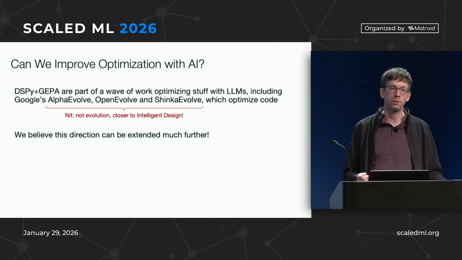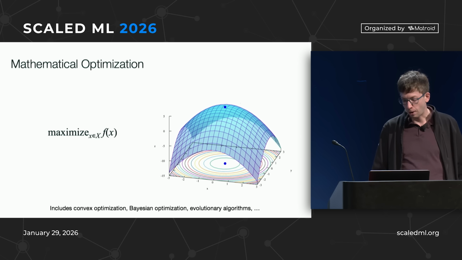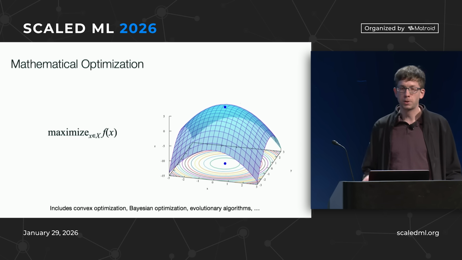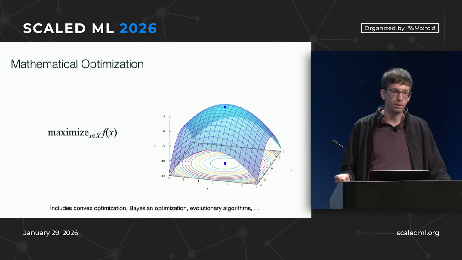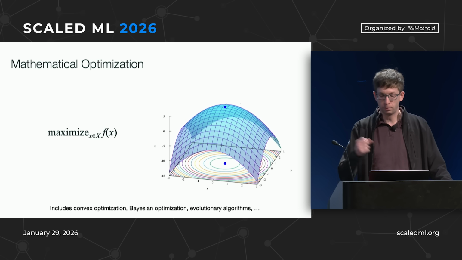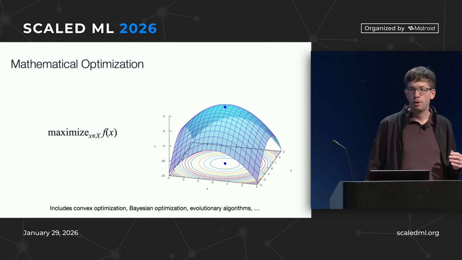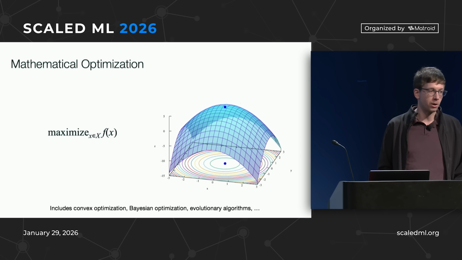Okay, so what do I mean by this can be extended further? For a long time, when you thought about mathematical optimization, you thought about this: you've got a function of an input and you want to optimize it, and there are all kinds of algorithms. Some of them have assumptions about the function, like it's differentiable or it's convex, or it's reasonable in some way. And then we assumed in mathematical optimization that the update rules for our solution have to be simple, like take a derivative and add a little bit to the gradient, because they will be executed by math. But now our updates are executed by LLMs, which are really smart.